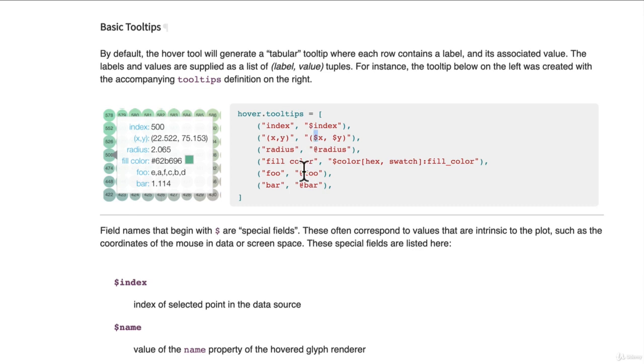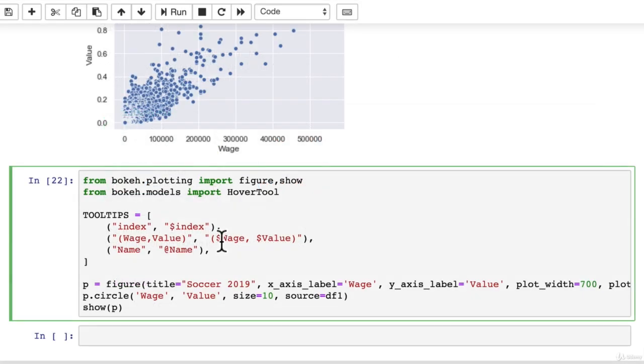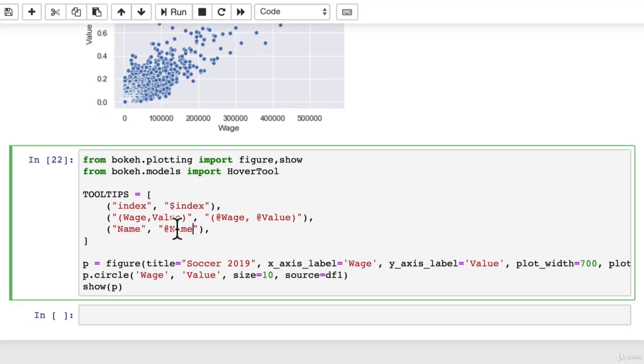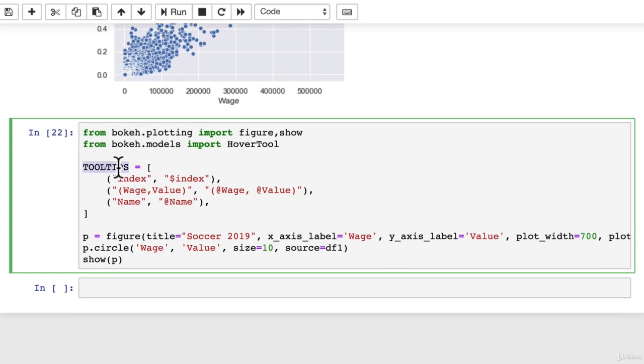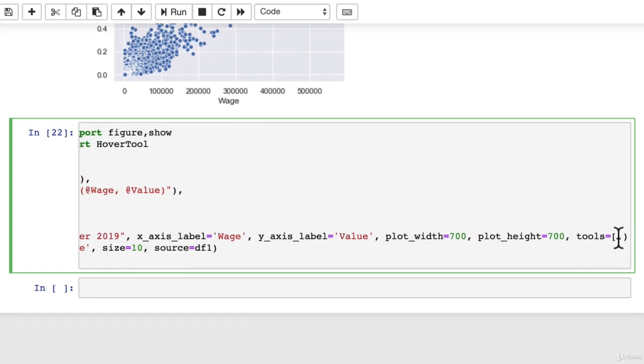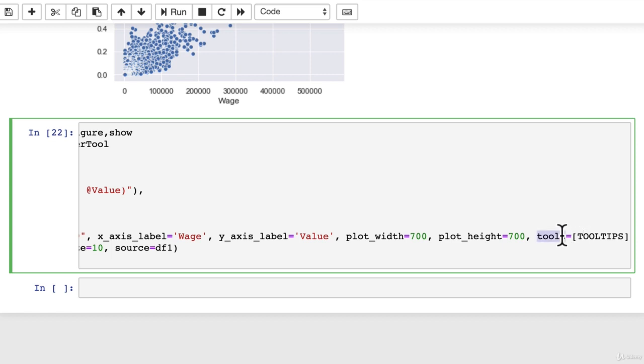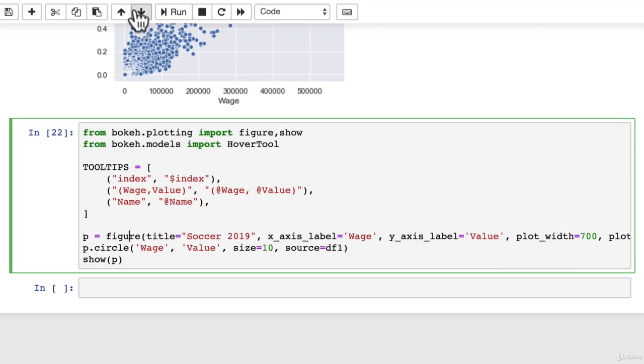And you have the dollar signs and the @ signs. So in our case, we want to individually have the wage and the value displayed here. So we're going to use the @ sign, unlike the X and Y dollar sign, which just simply gives us the X and Y value. So I'm just going to change this to the @ sign, and then finally also have the name property as well. Now the final thing we need to do is to just give this tooltips as the tools inside of this figure parameter. If I now run this,